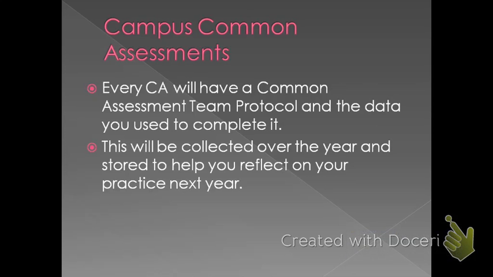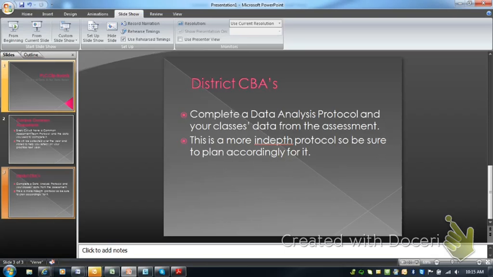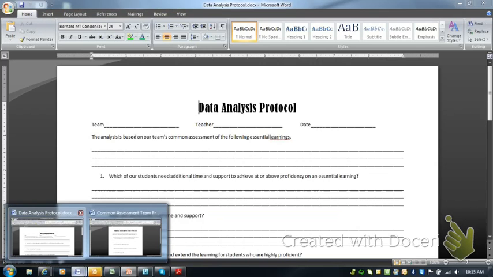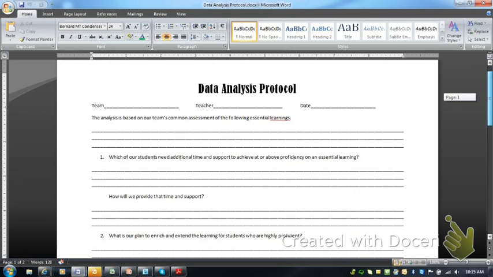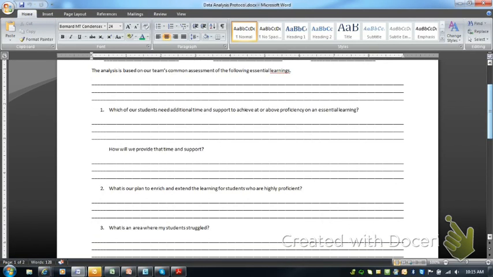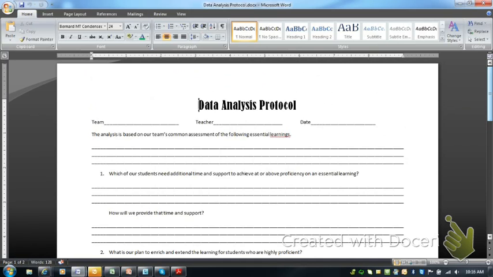to see how it's going. Now there's one more protocol, which is different. This is the one that you guys are used to from last year. We're only going to use this for district CBAs. It looks like this, the data analysis protocol. This one is a little bit more in depth, and it has you actually list reflection of practice and what your team did and how you're doing overall. So when you're giving those CBAs, I would definitely put it on your PLC schedule to have enough time to look at this. When you're done with this data analysis protocol for CBAs, please post that on the clipboard,